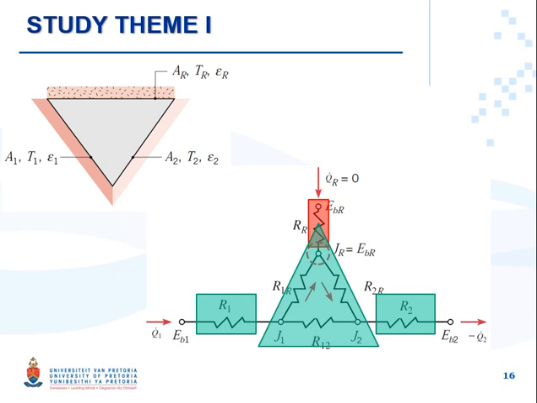RR here is out of the network, and the net radiation transfer from surface 1 must be equal to the net radiation transfer to surface 2. So since RR is out of the network, it will be very simple, like a series-parallel arrangement, and I can say that